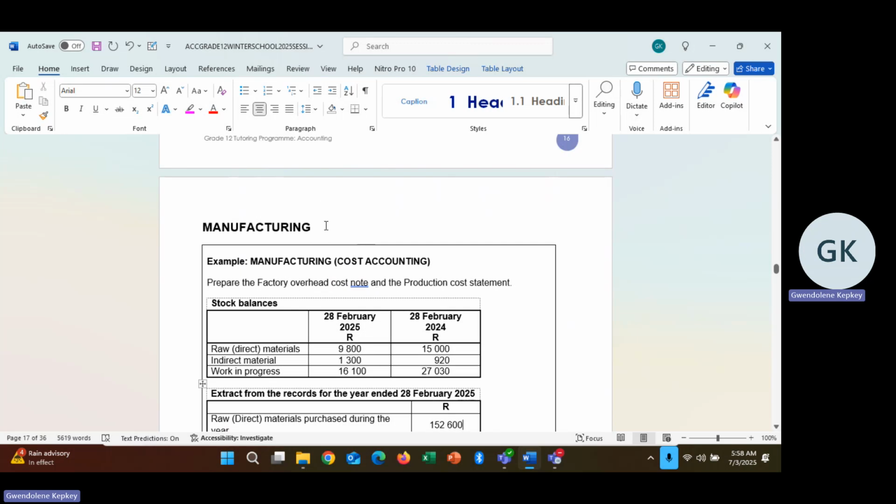With manufacturing, again, a section in which we can score. What is important in manufacturing is that in the manufacturing trade, there will be a production section, which is your factory. Then we will have a department that is your administration, the paperwork. And then we have a department which is your selling and distribution. So throughout the exercises, those three sections of a business will be included in the question,